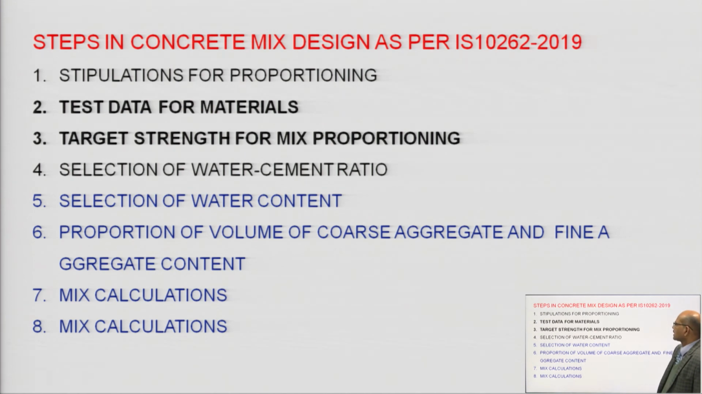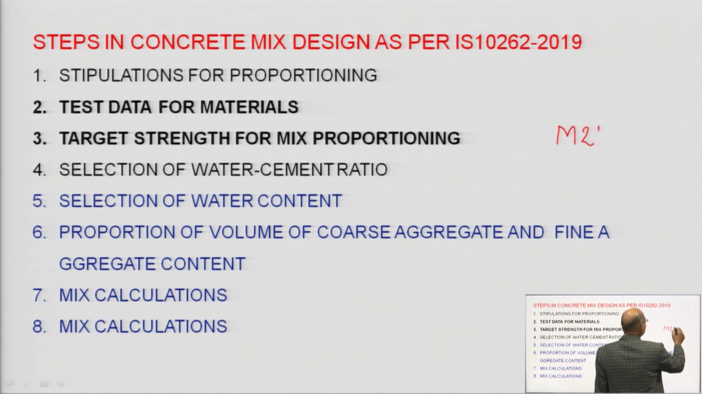Then once we have the data and samples from the field, we go for the tests. We have to perform certain tests and obtain data from them. With the help of test data and stipulations, we will be able to design the values. So, the third step is target strength for mix proportioning. Whatever the target is given, say I want to design M25 grade